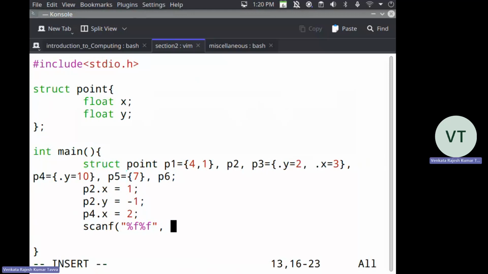What should I write here? Sorry, p6 dot x and p6 dot y. That's all. Ampersand. Okay. And now I'll print